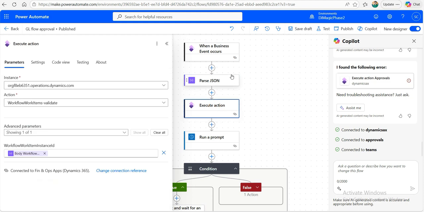And then I'm executing an action, the workflow work items validate. This validation ensures that your work item is not expired, or your work item is not going to a wrong person, or your work item doesn't have any invalid data inside. So it does all these checks and balances, and then it's going to come to